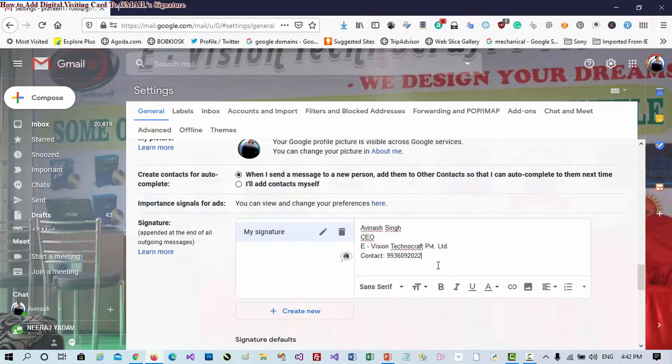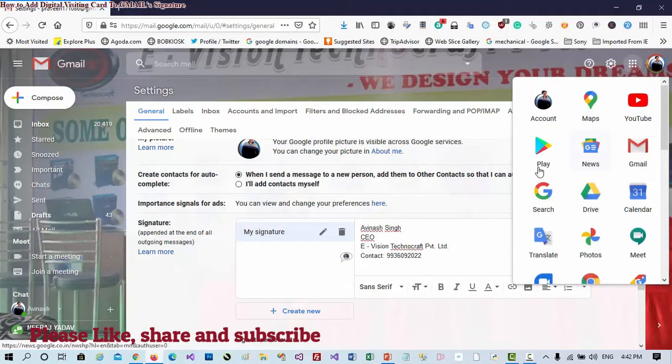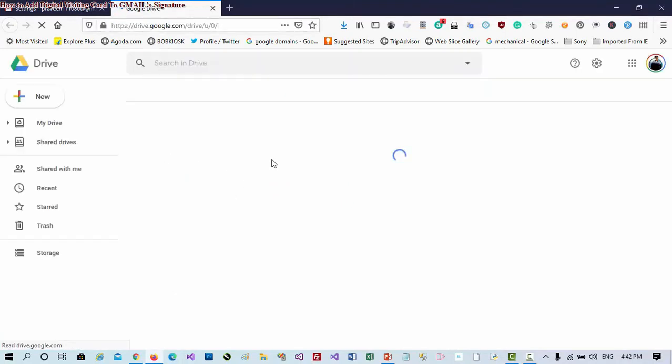I am removing this, and again go to the drive because I want the link of my digital visiting card. So click on the drive button, and when I click the drive button, my Google Drive opens again, and now I find my digital visiting card link.